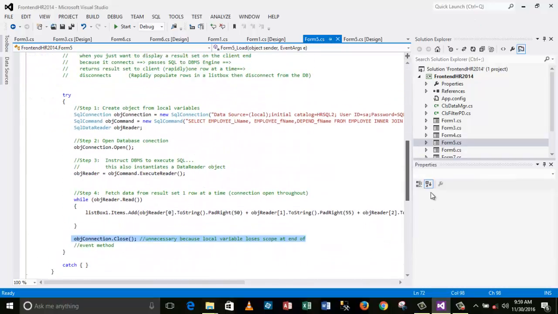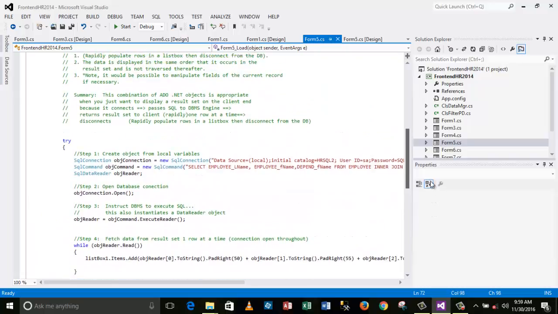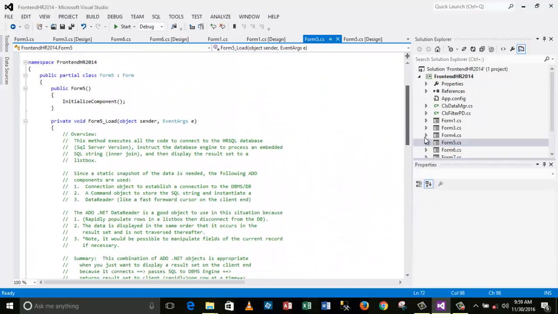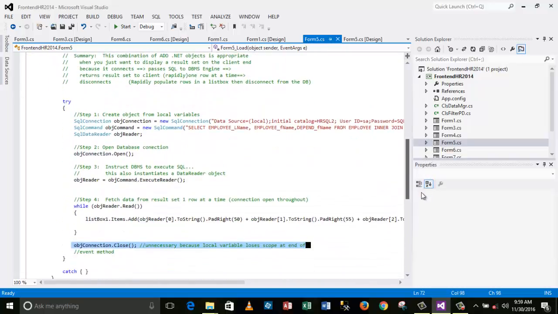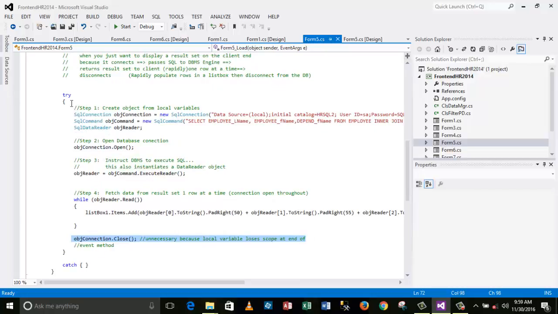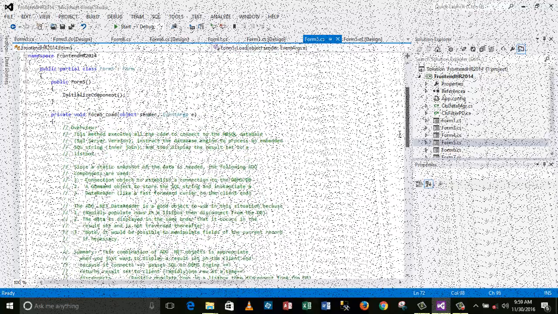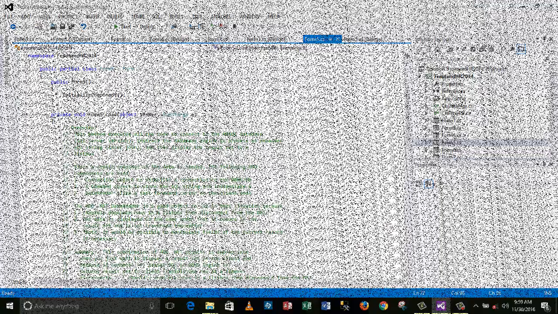Now, if you recall anything at all about CPSC 1400, we could argue whether we should put this in the form load event directly, or whether we should make it our own private method and call it up from form load. Either one of those things could have been done. All right, so that is a quick overview of how this program